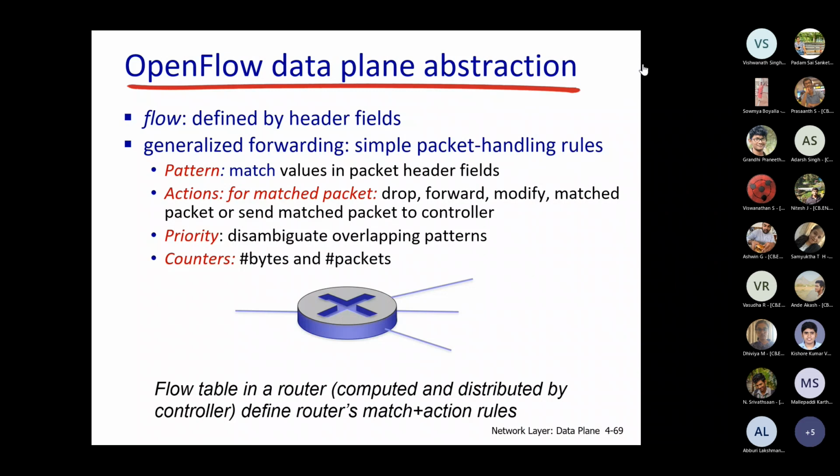So one example: datagrams from host 5 and host 6 should be sent to host 3 or host 4 via S1 and from there to S2. Here you can see S1, S2, S3 are switching devices. It starts from here: host 1, host 2, 3, 4, this is 5 and 6.